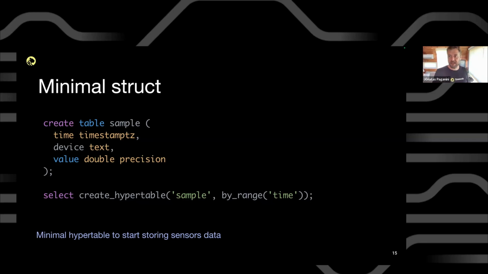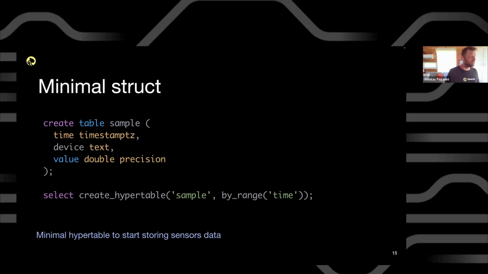Hypertables are basically metadata that you install to say that your table will be automatically partitioned, and Timescale inserts some very lightweight mechanism that hooks the inserts and just splits it to the table depending on the time column. So you just say, this is my table, this is the time column, and it can split and partition your